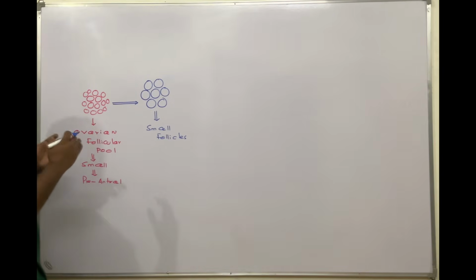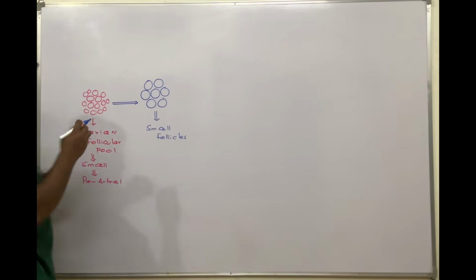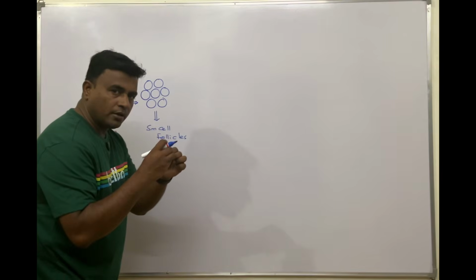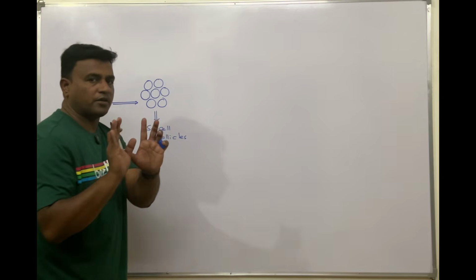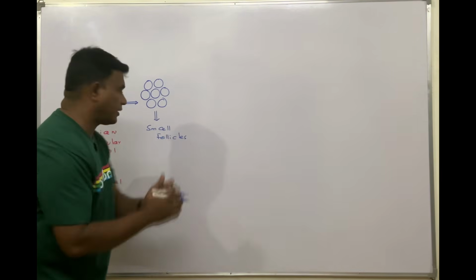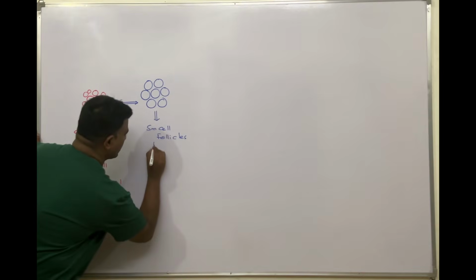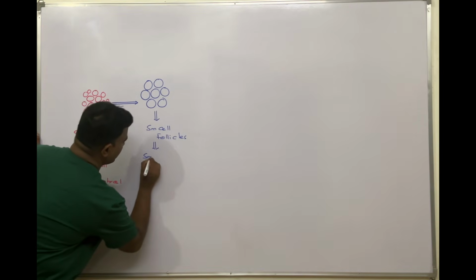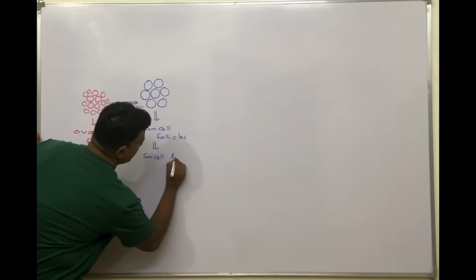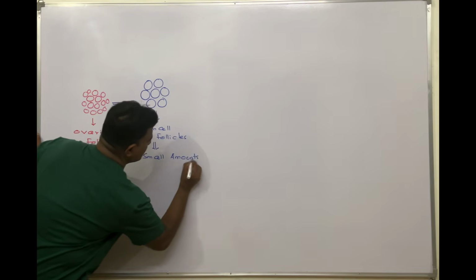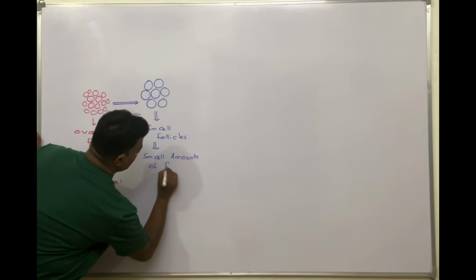That means the antrum is not fully formed. I can say there is space, fluid, more space, more fluid, but there is no separation. And these smaller follicles are secreting a small amount of